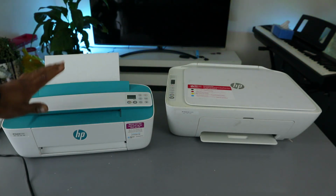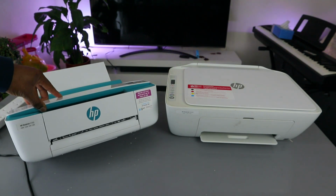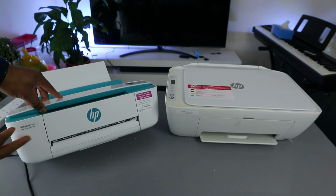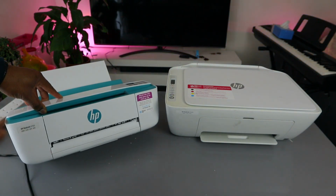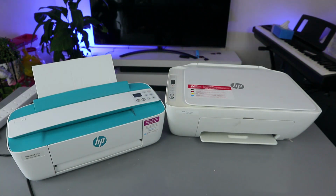Welcome to the channel. This printer is the HP DeskJet 2755e. This printer is a multifunctional printer. You can print, scan, copy, and also connect this printer to the web. And this printer is the HP DeskJet